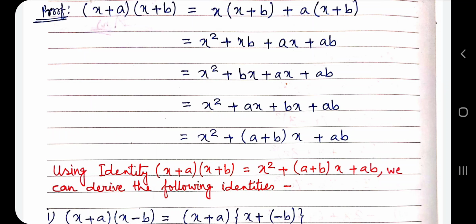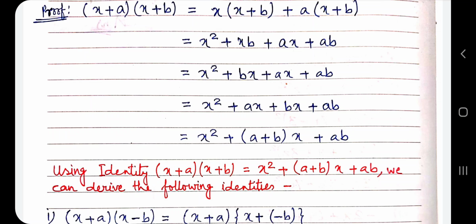We know the commutative property of addition. Commutative property means if two or more numbers are added in a different order, the result does not change. Like 4 plus 5 is 9, and 5 plus 4 is also 9. 6 plus 8 is 14, and 8 plus 6 is also 14. So the result does not change. This is called the commutative property for addition. So here also we have used the commutative property.